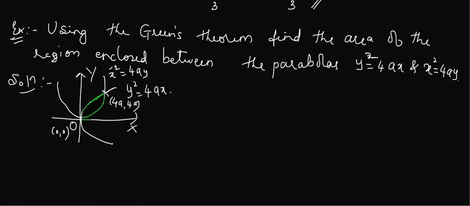If you are not sure about it, how can I find the point of intersection? Suppose I don't know 4a, 4a, how can I get it? What we need to do? If you remember it, it is well and good. This is one of the standard problems. You should know how you are getting it.